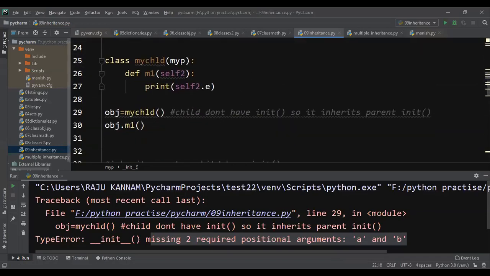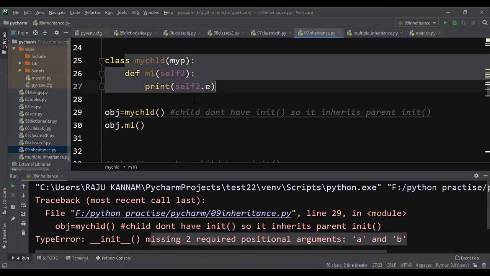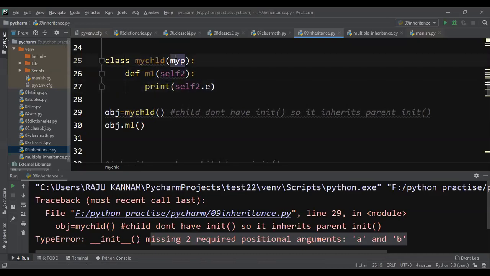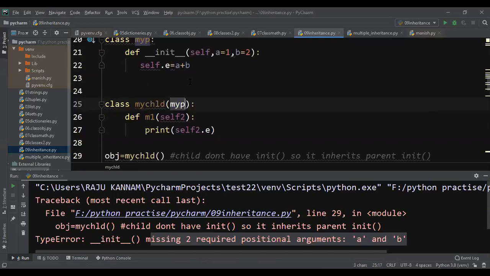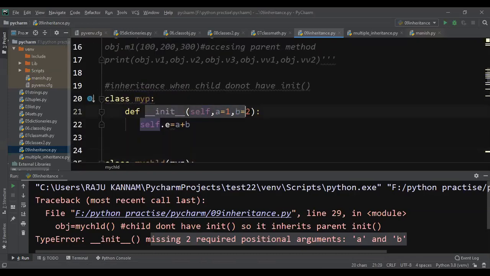Now see here, I am creating the object for my child. When you are creating the object of any class, it will look for a constructor, that is, whether any default method is there to execute. This child does not have any default method, but it is inheriting my p, and my p has a default method.